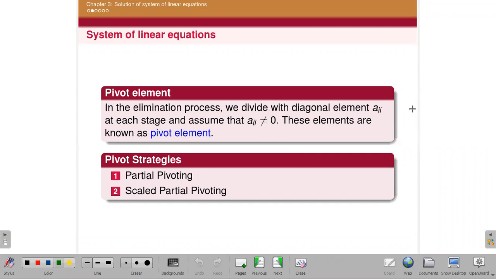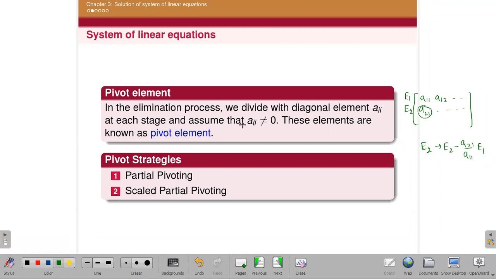In the second step, whenever you apply the operation, here if it is a matrix A11, A12 and so on up to, A21 and so on up to. To make this element 0, we take the operation E2 minus A21 divided by A11 multiplied into E1. So we are dividing by A11 here. This is our diagonal element. So we divide with the diagonal element Aii, at each step we are doing this process.